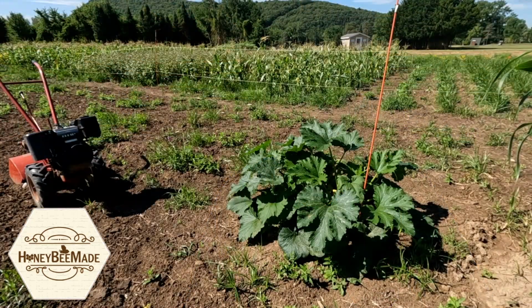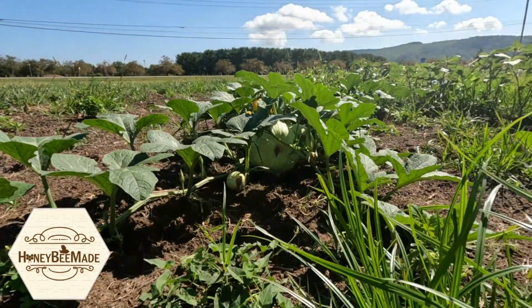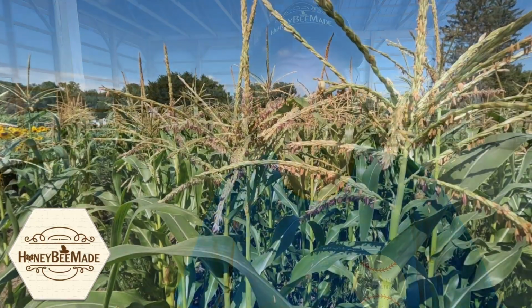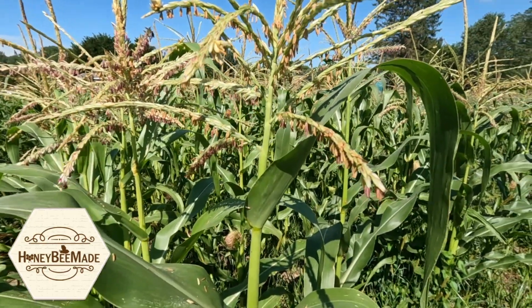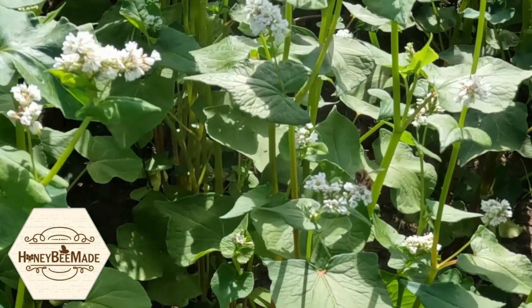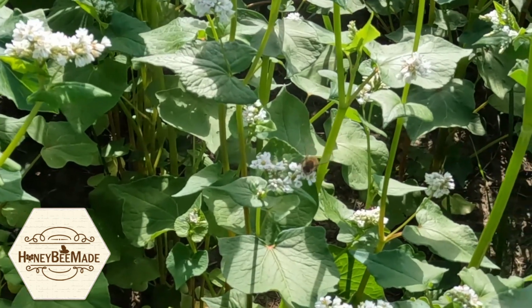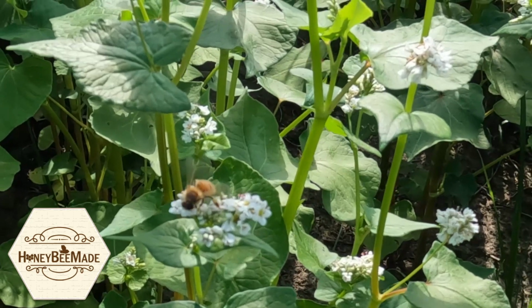Here's what we've planted this year. We've got some zucchini out there, we have tomatoes, cucumbers, some pumpkins, and we have some sweet corn. And what I found out just the other day, and I have video footage of this, is that honeybees are gathering nectar from the tassel of the sweet corn. I had no idea. We planted buckwheat this year. The bees were all over the buckwheat this year, and I've got some video footage right here on our honeybees